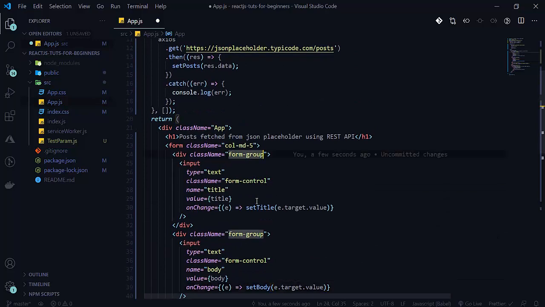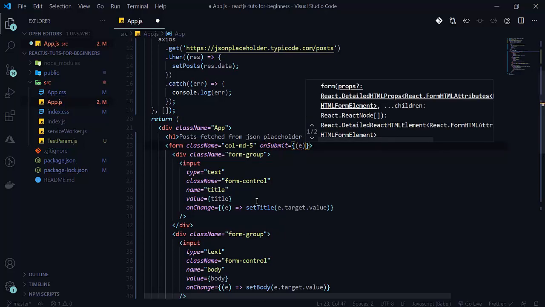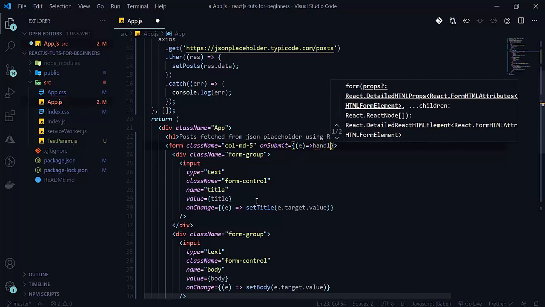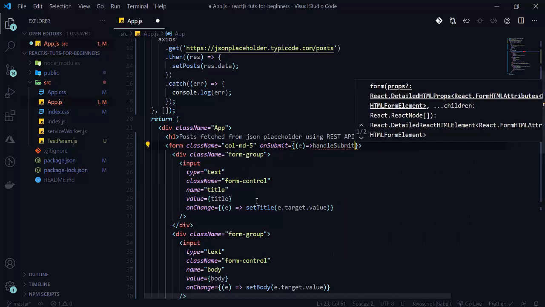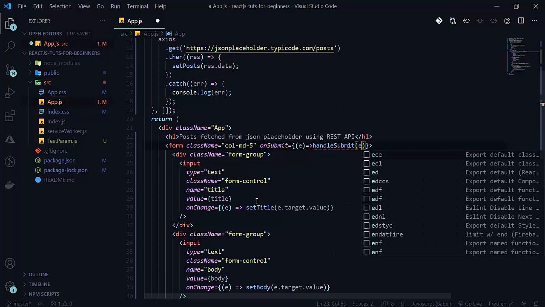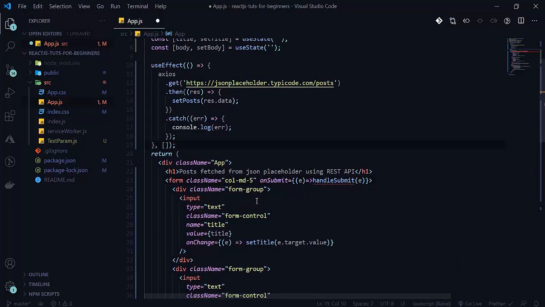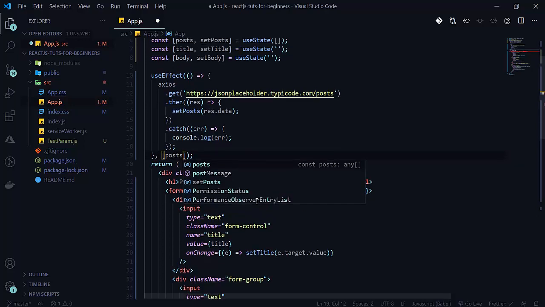So here we will write on submit. On submit there will be an arrow function, where we pass handle submit, and we will pass our e here. We are passing our e to prevent the default. Here I am mentioning posts, so when our post changes, this will be done again.